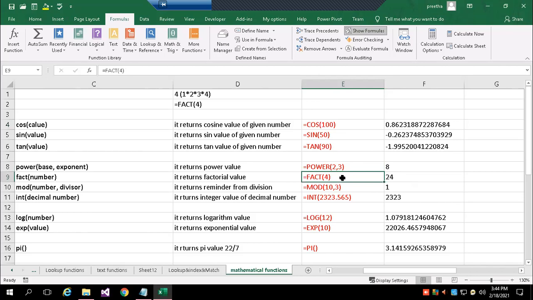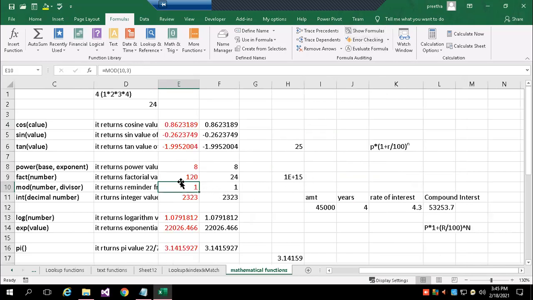Then factorial. Normally in statistics, factorial of 4 is 1 into 2 into 3 into 4, multiplying from 1 till 4 or till n. Whichever value I pass here, it gives 1 into 2 into 3 into 4 into 5 up to that, so that result I'll get.